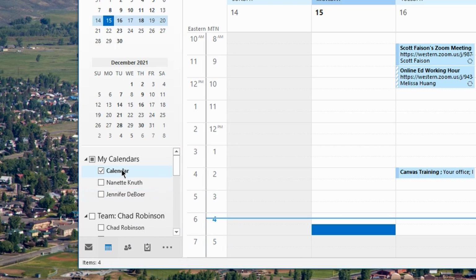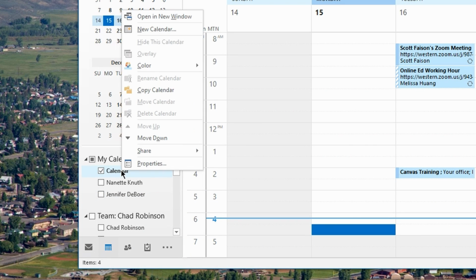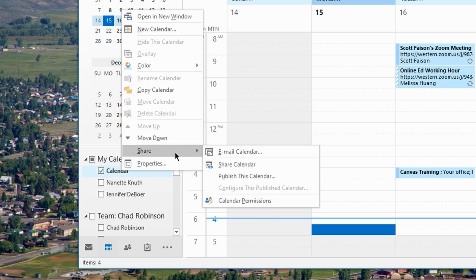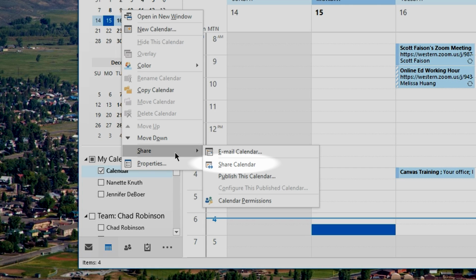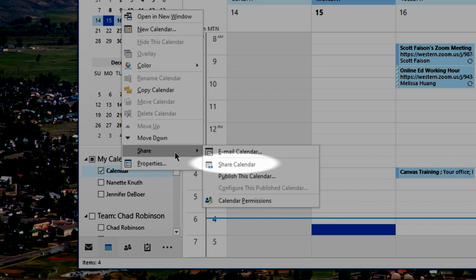For the second method, you can accomplish the same task while gaining some extra options by hovering over your calendar in the left-hand column and right-clicking. This will bring up a context menu. From this menu, hovering your mouse over Share will bring up a submenu. Here you can see the selection for sharing your calendar. This is the same as clicking on the Share button in Method 1,